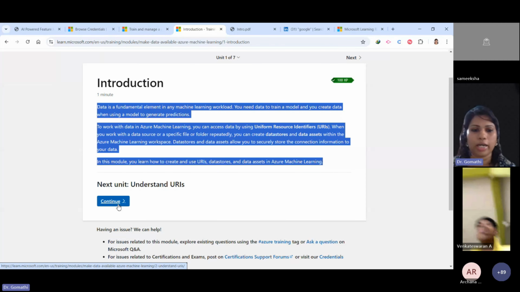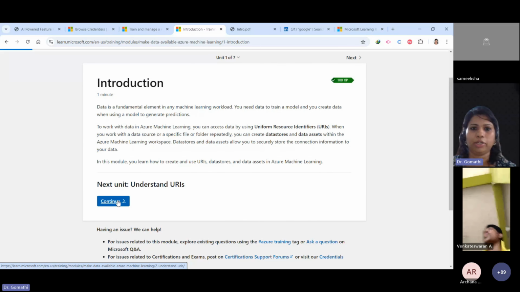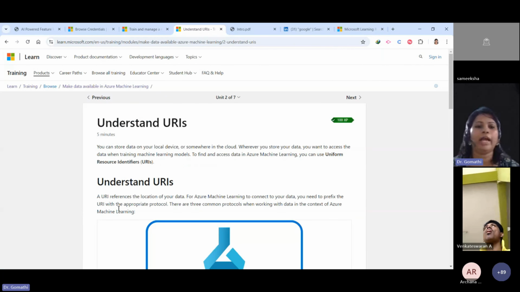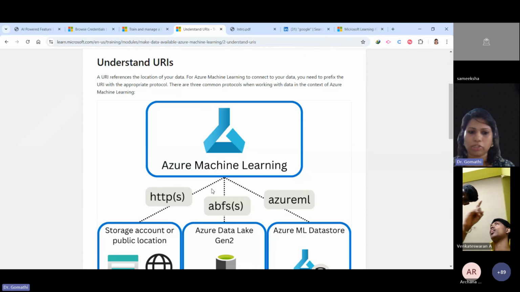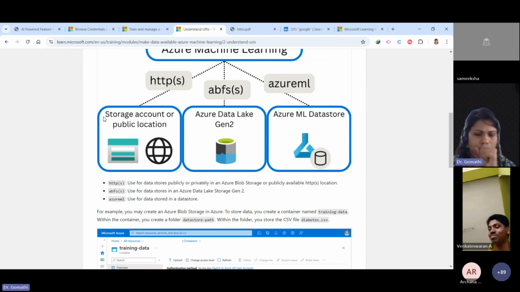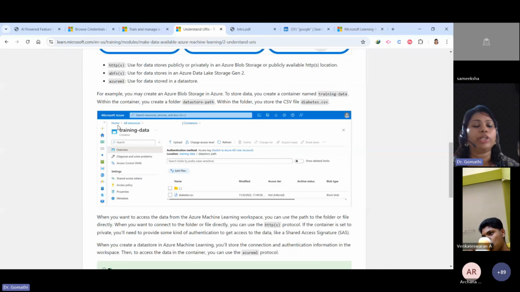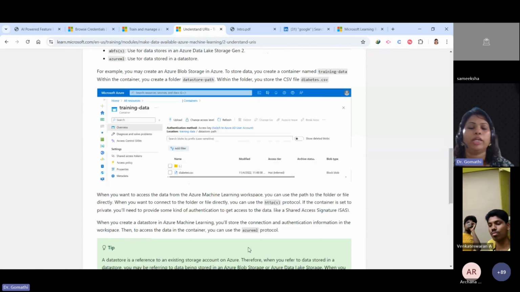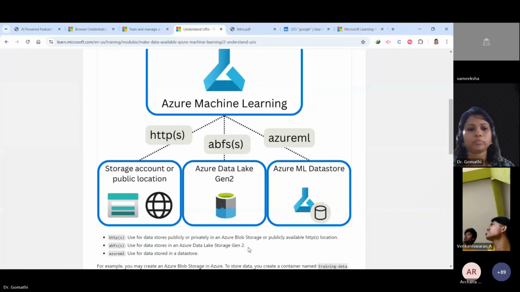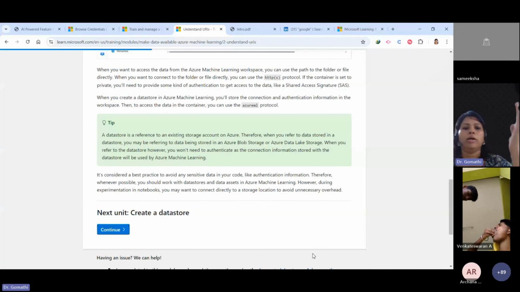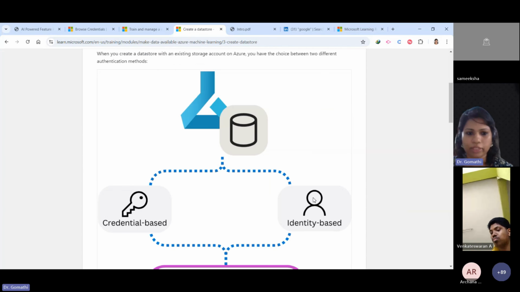What is URI? Next unit. It's unit wise. They have given you completely what is Azure Machine Learning. So Azure ML datastores, how you can train your data, and everything is given here step by step. So just go on, proceed. You can learn everything here.